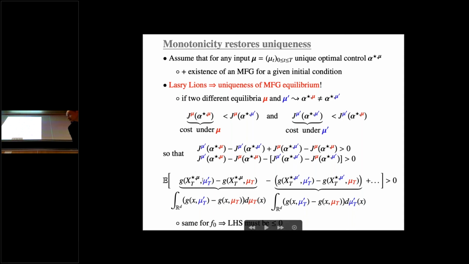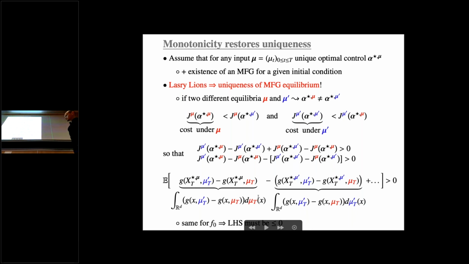So when you write down explicitly what it means, this difference for the terminal cost is an integral. You see that this is the same path because this is the same control. And so when you write the difference here, you have g of little x acting on the law. This is the MFG condition. Mu t is the law of this random variable. And here I have mu prime and mu, which are the arguments of g. And you have the same for the other one. So these are for the terminal cost.